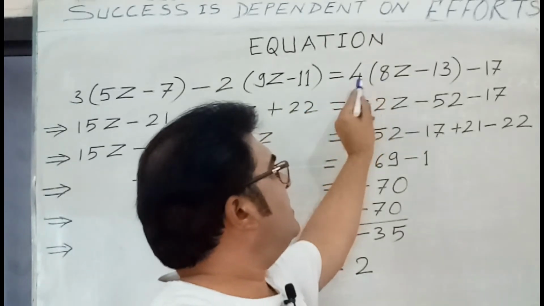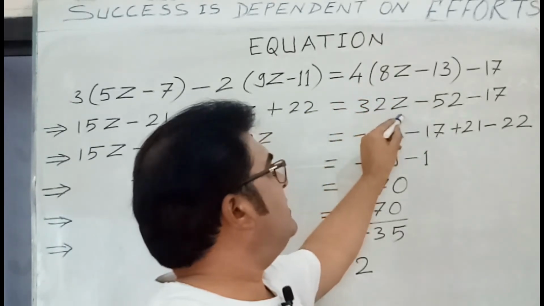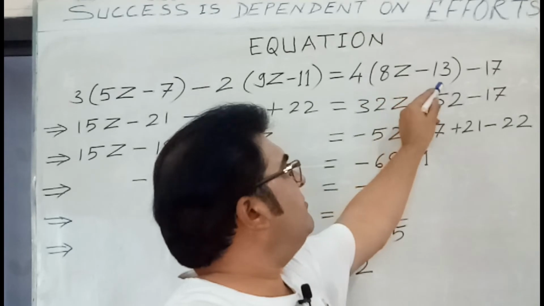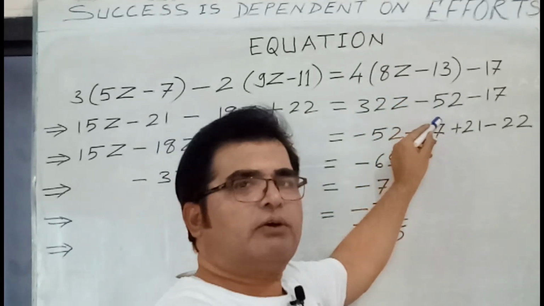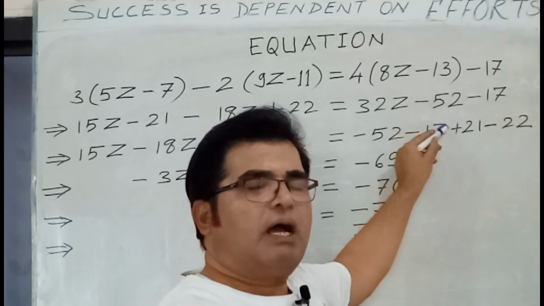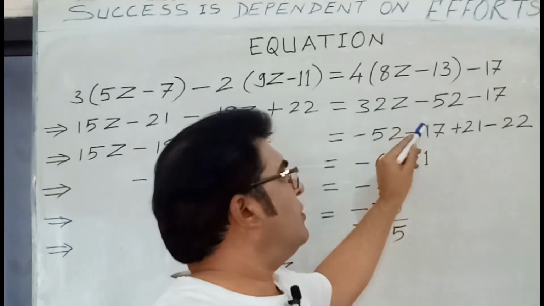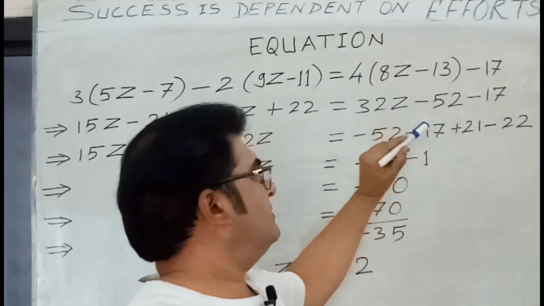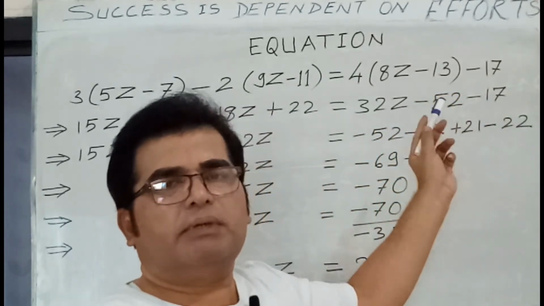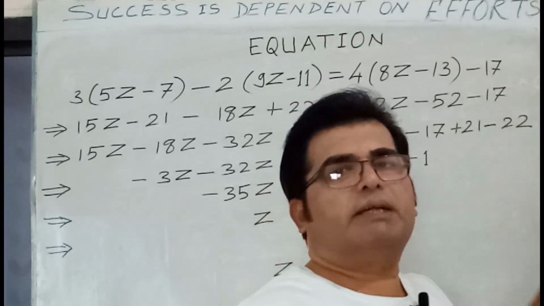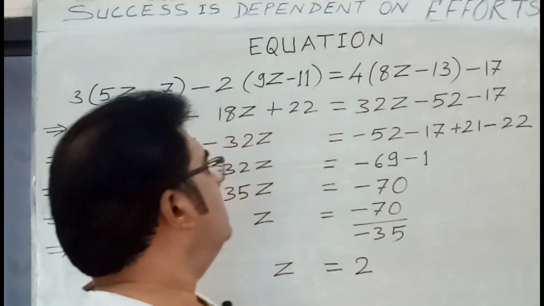Then open this bracket, 4 eights are 32z and 4 multiplied by minus 13 is minus 52. Product of a positive integer and a negative integer is always a negative. Then minus 17 remains the same because it is written outside the bracket. Then